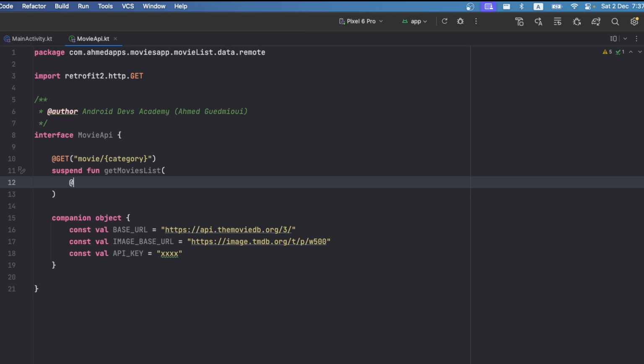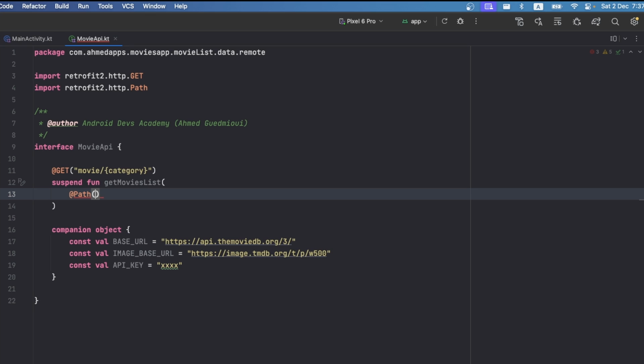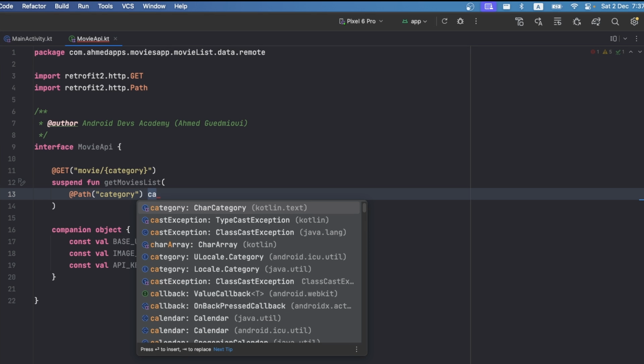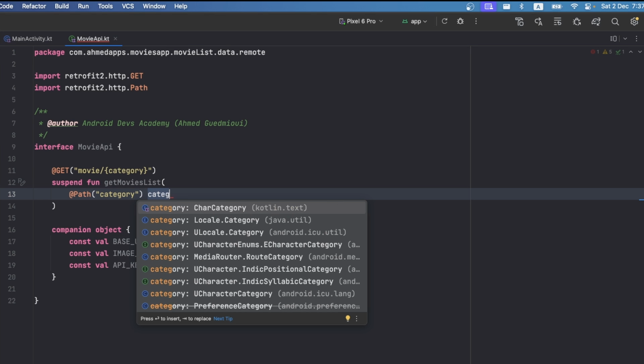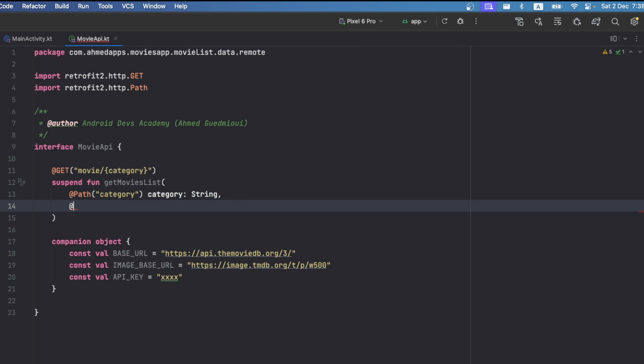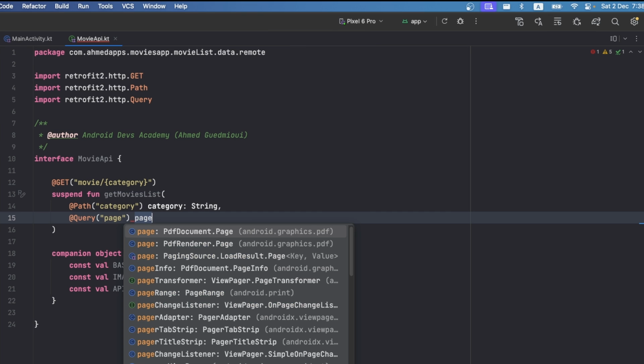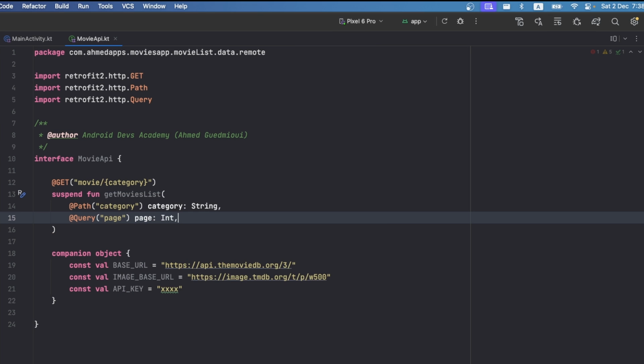So the first path we need, just annotate now this path with Path and category. That's what we're going to name it. So category, and that is category of type String. That's now the only path we have, and then the rest of the thing is just queries. So we have two queries. The first one is the page, because, as I showed you, you can increase the page to get more movies. So the page is of type Int,